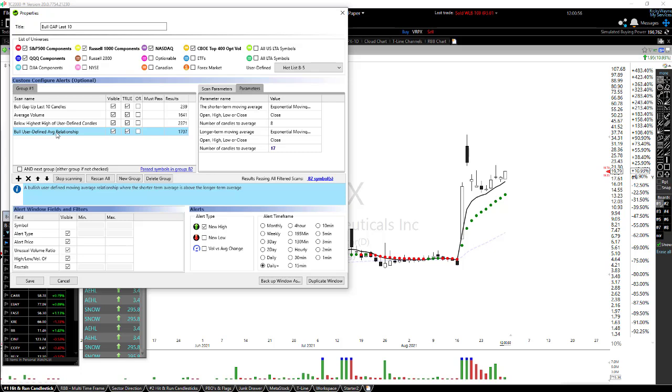I get a little testy when people try to tell me this is the place to buy it off the bottom and things like that. I always ask them, show me your money, and they never do. So I feel like they're trying to get to me here, because buying off the bottom doesn't work. It sounds like it should, but it doesn't.